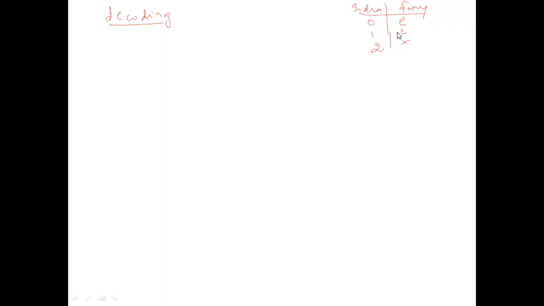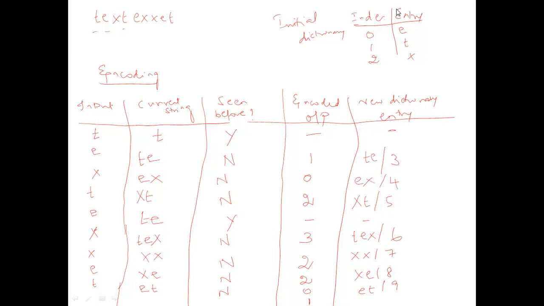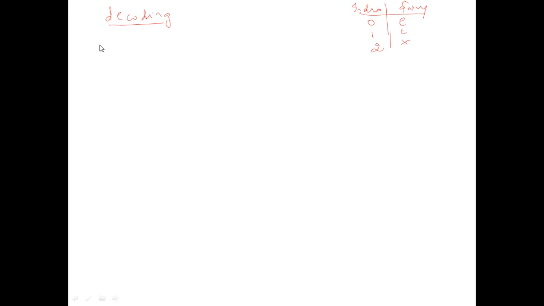Only this will be available initially on the decoder side, and the received signal is 102322201. This is the received signal at the receiver side. This is nothing but the address of every entry. The decoder does not have any dictionary beyond the initial one. The decoder will update its dictionary then and there, once it is receiving.